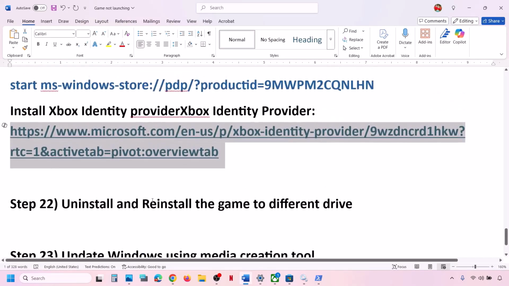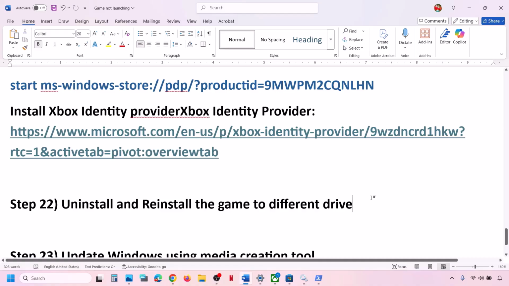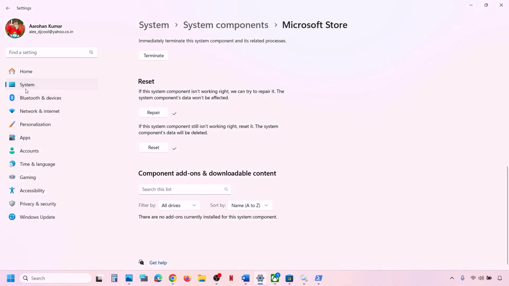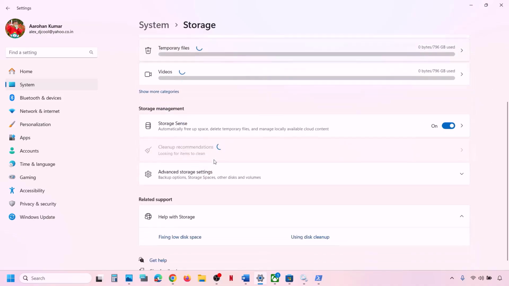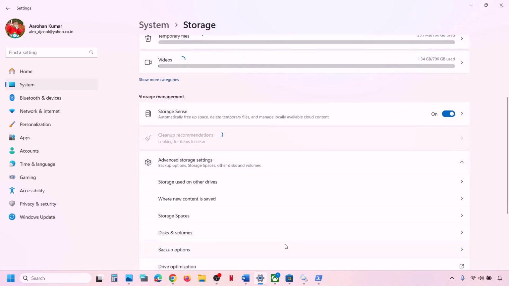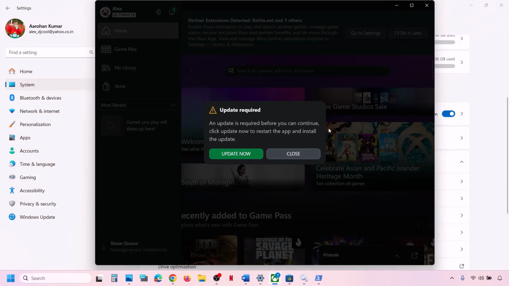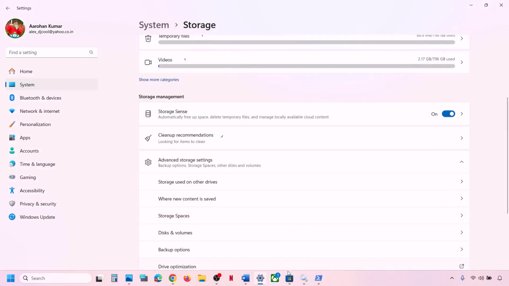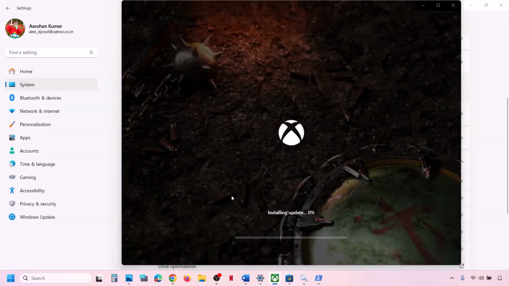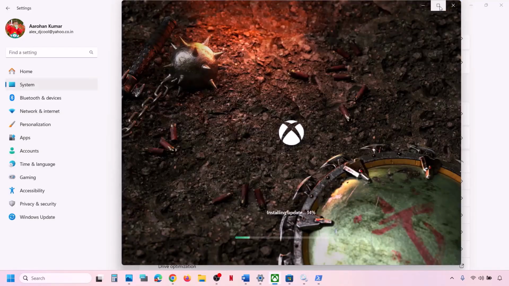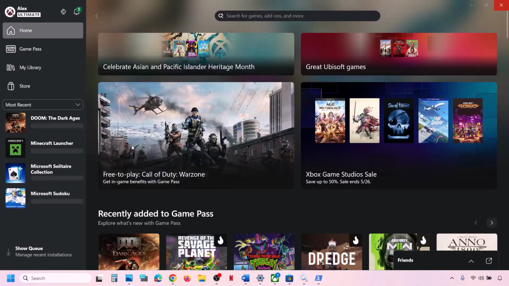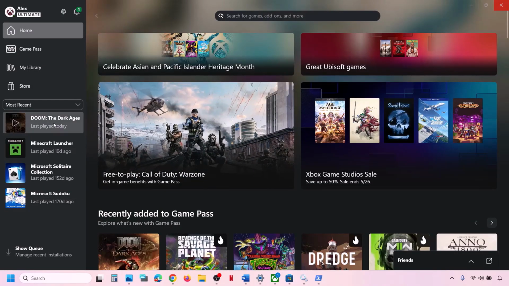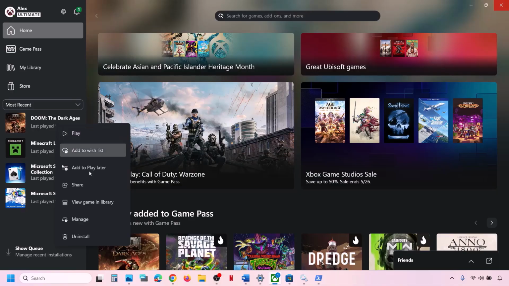Now the next step is to uninstall and reinstall the game to different drives. So go to system in Windows settings, and then go to storage, and then scroll down, click on advanced storage settings. So first of all, uninstall the game. Whichever game is giving you the trouble, you have to uninstall the game first. So this is just an example. I'm showing you with different games. Make a right click on the game which is giving you the trouble,